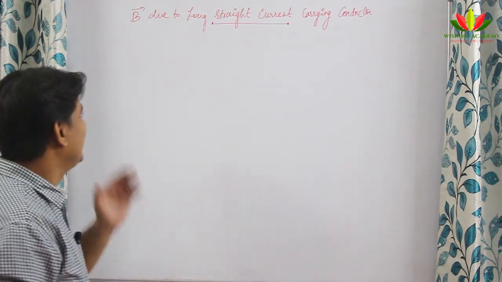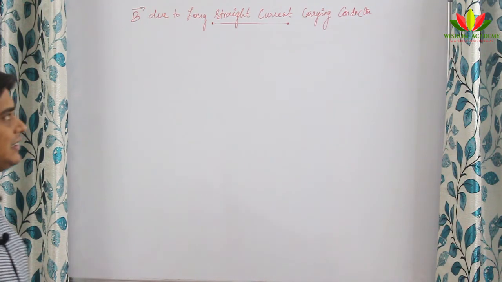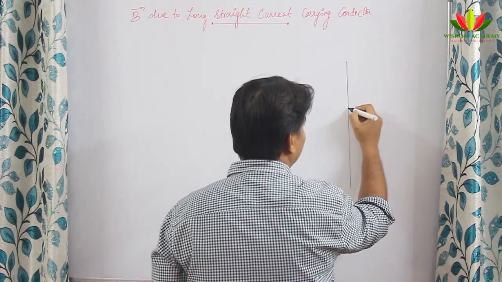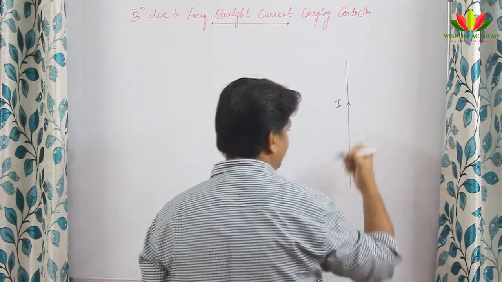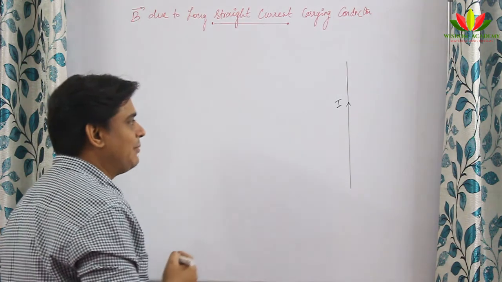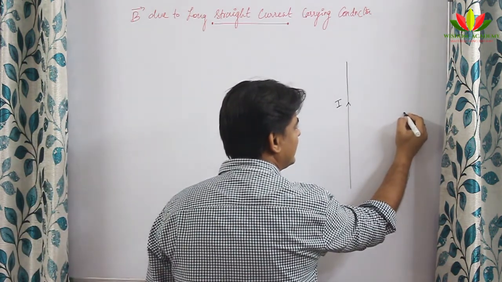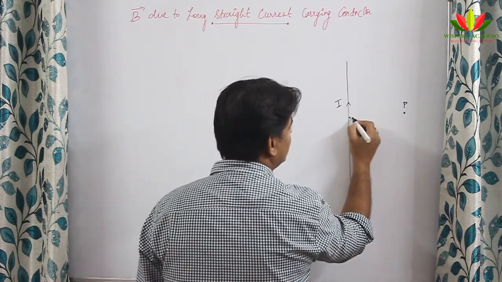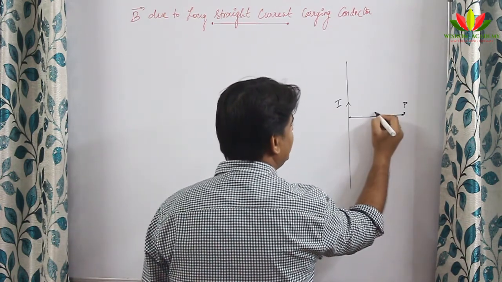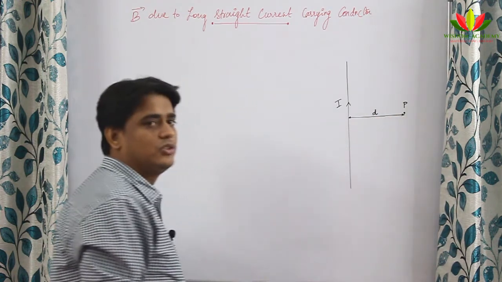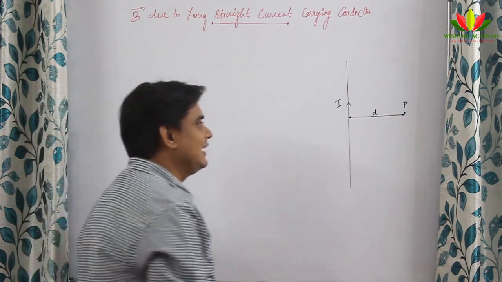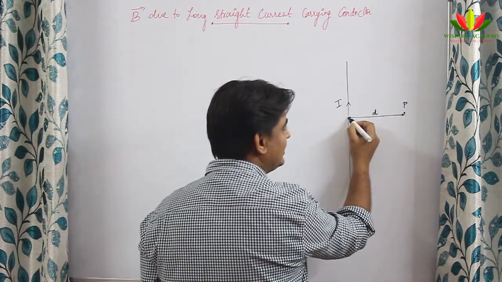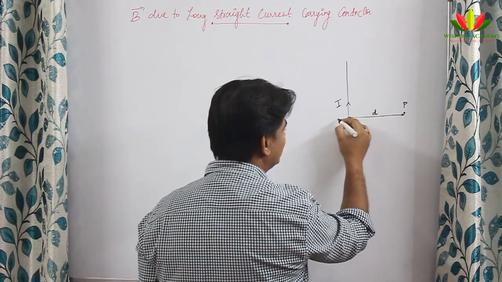The first thing is magnetic field due to a long straight current carrying conductor. So let me assume there is an infinitely long straight current carrying conductor carrying current I. I want to find the magnetic field at any point located at some distance. Let this point be P and let this be located at a distance of D from it. So there is a wire of infinite length and I have assumed that this distance is D from this point, and let me name this point R.